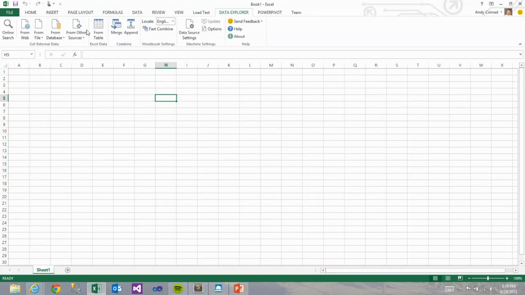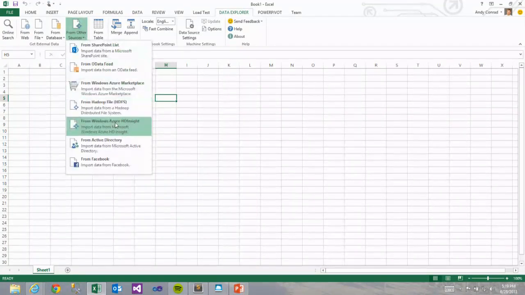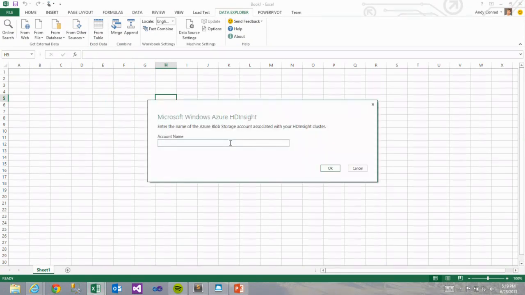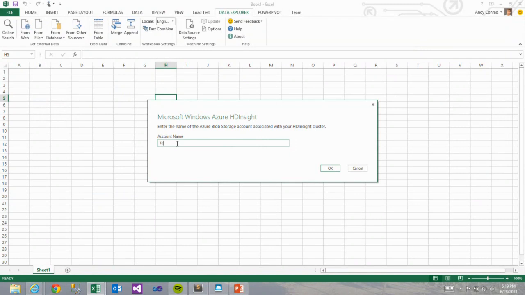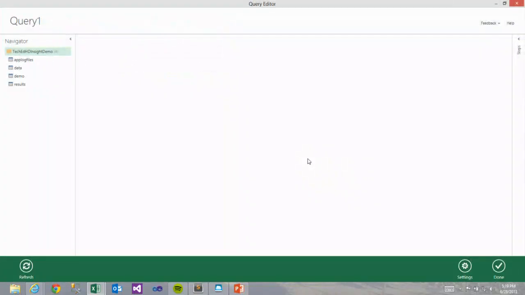So what I'm going to do is go from other data sources. I'm going to say from Windows Azure HDInsight. And I have to remember my cluster name. TechEd HDInsight demo. So if I type that correctly. This is going out and connecting to my cluster. But actually, to be more specific, it's not connecting to my cluster, it's connecting to the storage account associated with